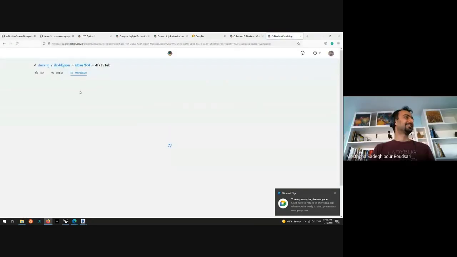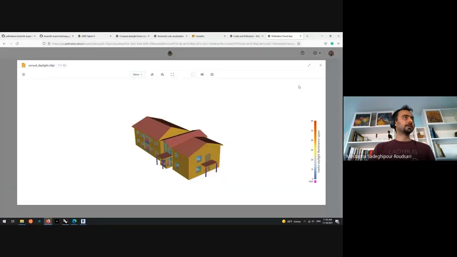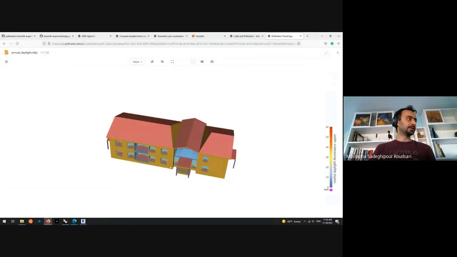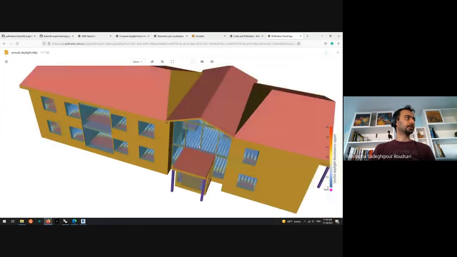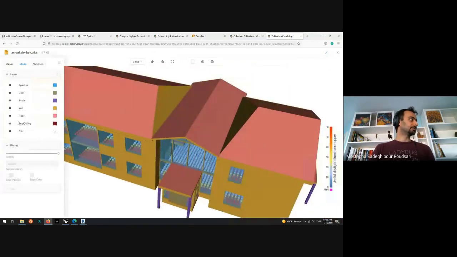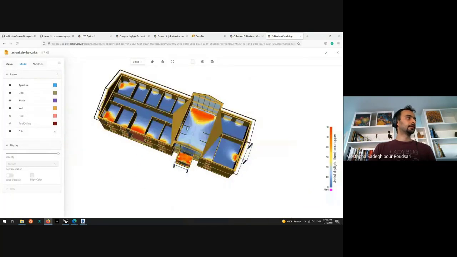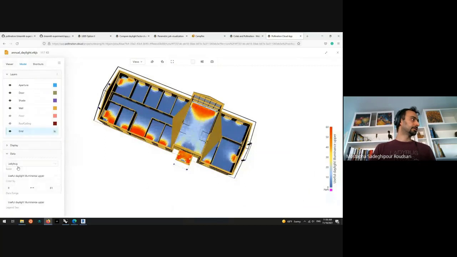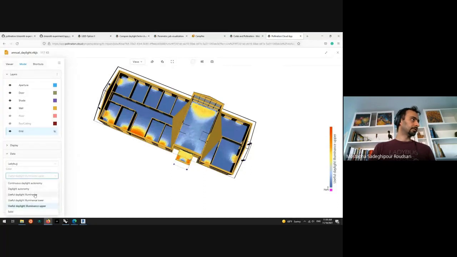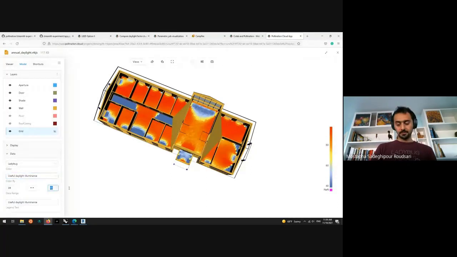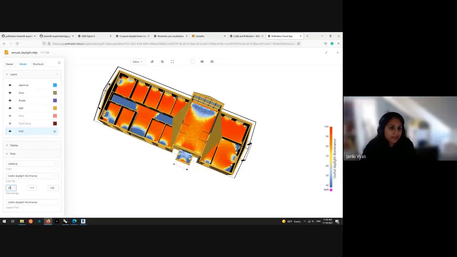Right. So this is the IFC model that we just talked about. This is the model exported from IFC that Devang just shared. Let me show you how cool this 3D viewer is. Now you can see all the results here. This is annual daylight, 0 to 100. And let's go for useful daylight illuminance. Okay, any other questions while I'm